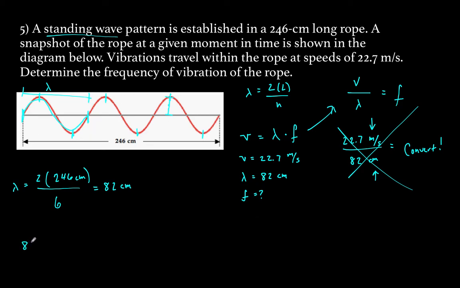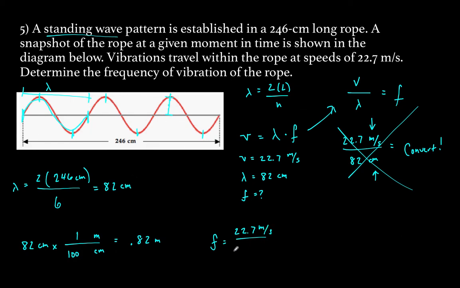So I'm going to come down here, and I'm going to say 82 centimeters. And if I want it in meters, you need to know that the prefix centi, like cents in a dollar, years in a century, is 100. So I need 82 divided by 100, and I get 0.82 meters, which sounds fine. No worries there. So now we plug it in again, and we get